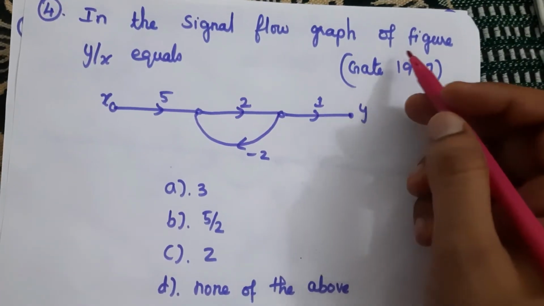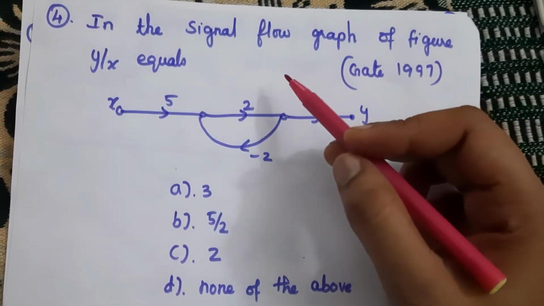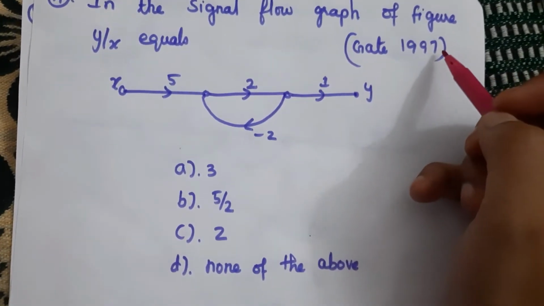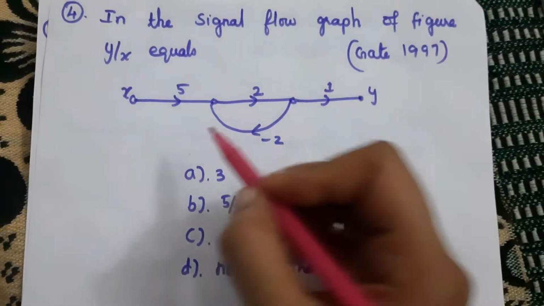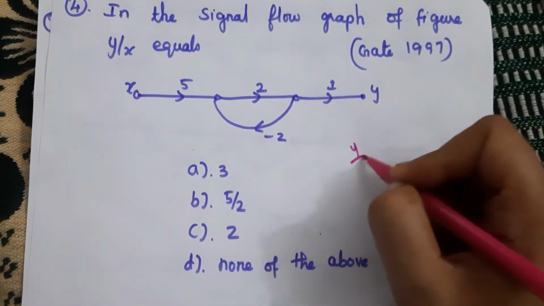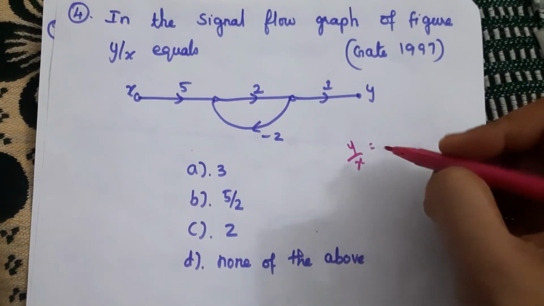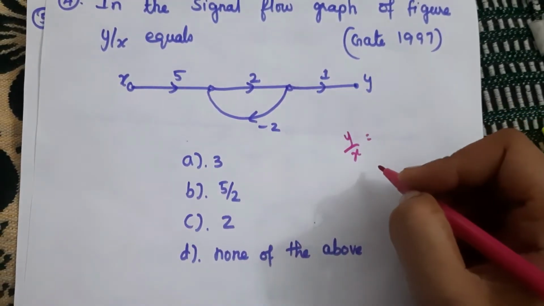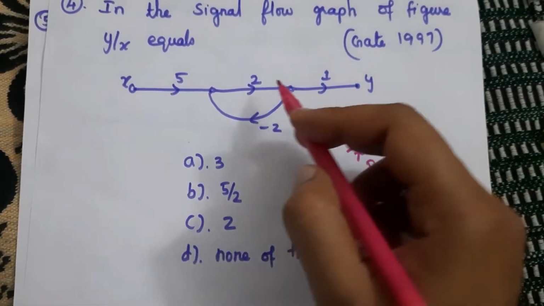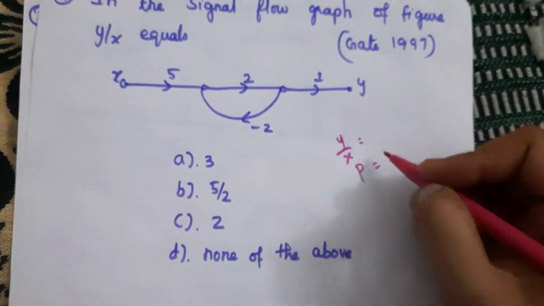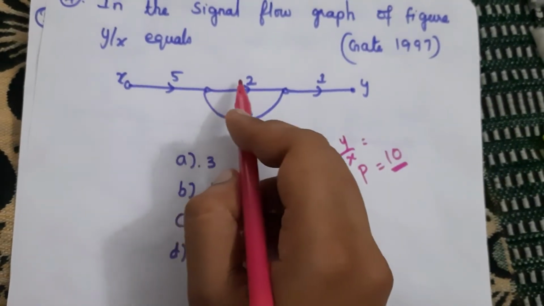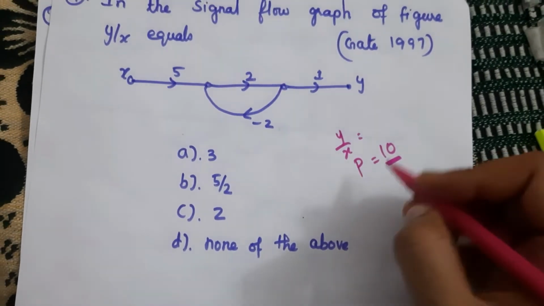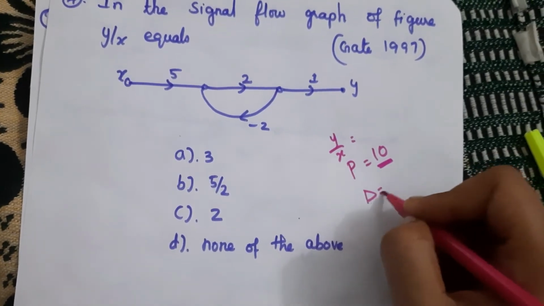Next question: in the signal flow graph of the figure, y by x equals, and this is a question from GATE 1997. We have to find y by x. So the similar formula. First we have to find the forward path gain. So here p is equal to 5 into 2 into 1, so 10. We have to find the del value, and here only